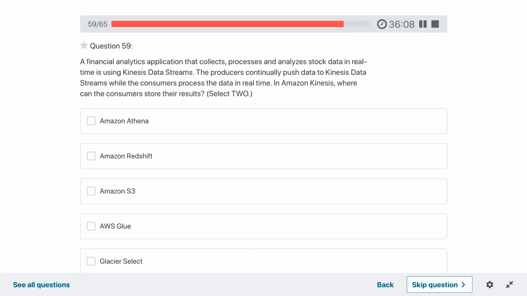The producers continuously push data to the Kinesis data stream while the consumers process the data in real time. In Amazon Kinesis, where can the consumers store their results?